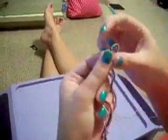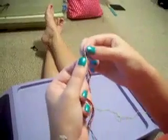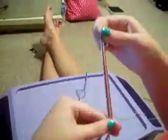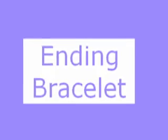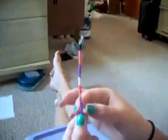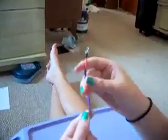And then to start your bracelet, you just fold it in half and make the loop. And then you'll either clip it on your clipboard or tape it. And then you can start your bracelet. After you finish your pattern, in this case I did a simple Chinese staircase, I'm going to show you how to end the bottom. What you want to do is tape it to your board where you finished,